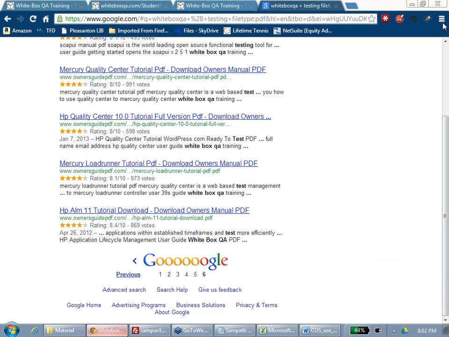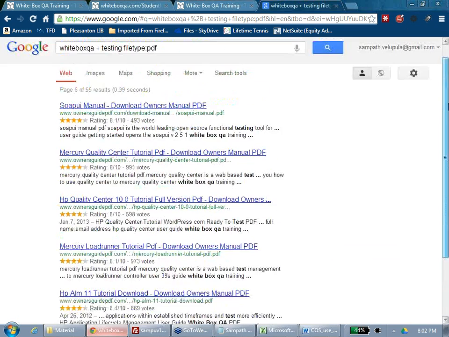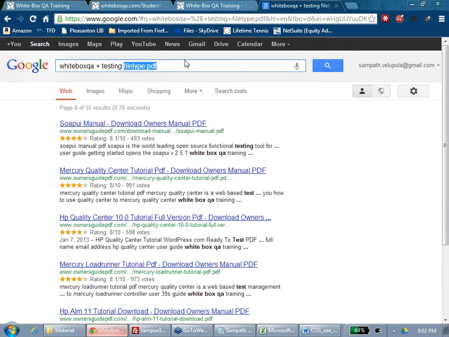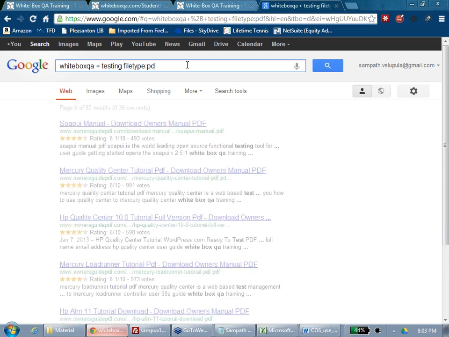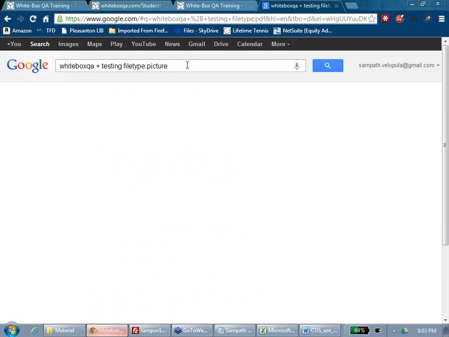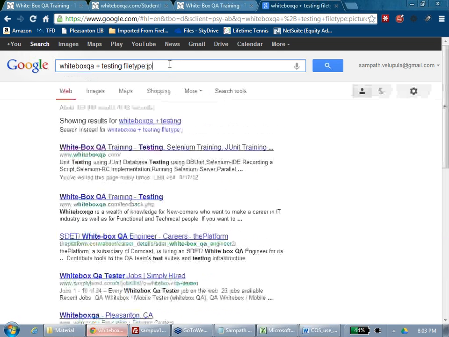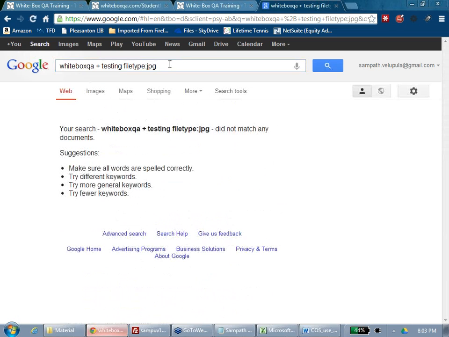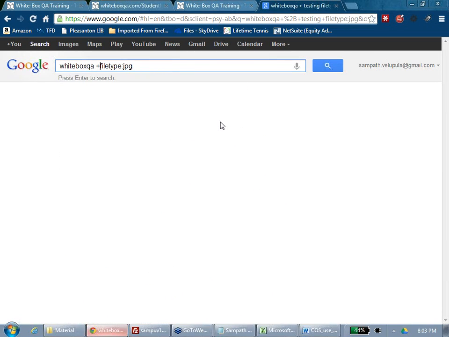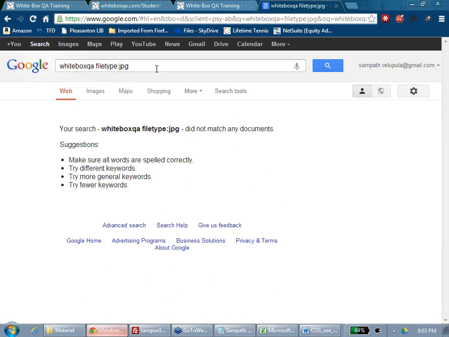Searching for pictures also, like you can search file type is equal to picture, or image maybe, JPEG.